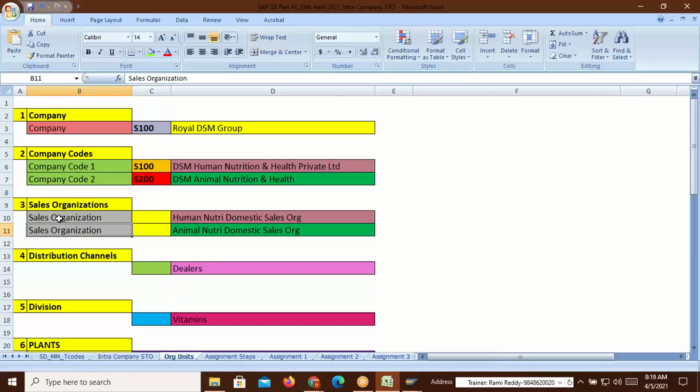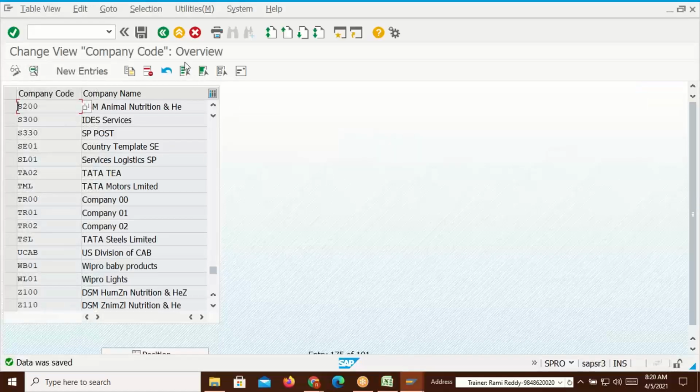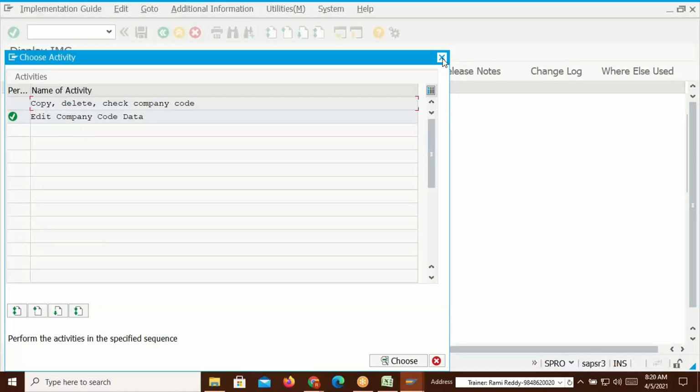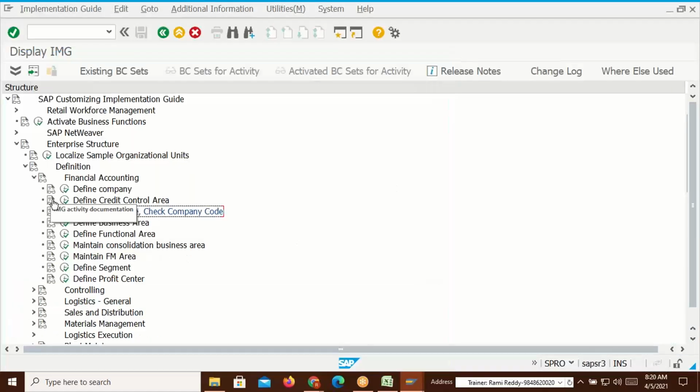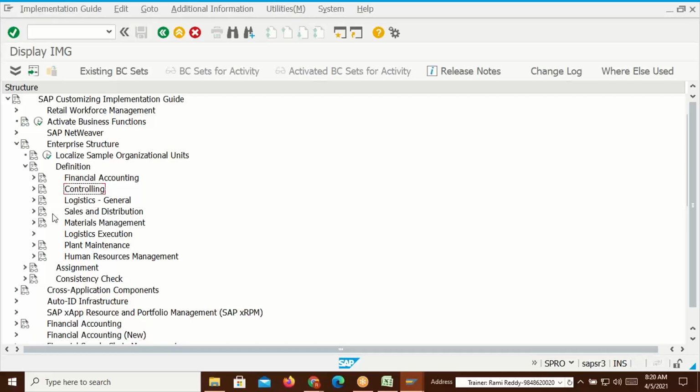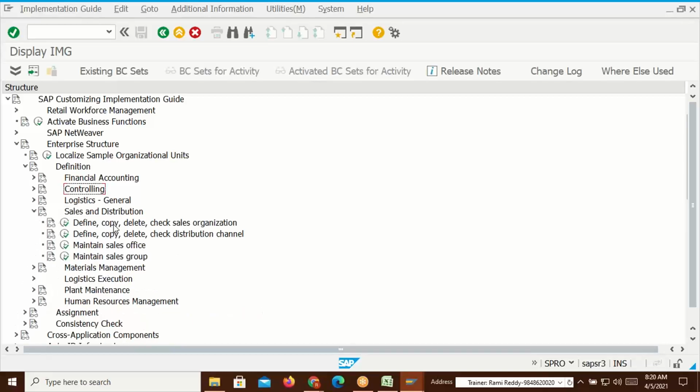Then we are going to create two sales organizations. One is human nutrition and another one is animal nutrition, which will be linked to these two. One is for this, one is for this. Now I'll create these things also, S100 and S200 if it is available. Now I'll go back, then close it, then minimize this financial accounting, go to sales and distribution,